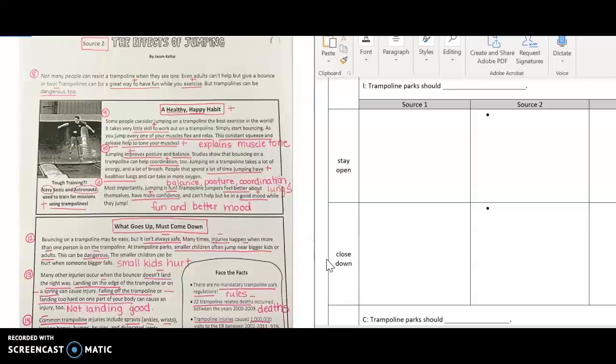Now, I know that when you were reading this article independently before you watched this video, you probably were adding to your matrix as you went along. Well, I wanted you to see the text right next to the matrix. So for the purpose of this video, we're going to take what we've learned in source 2 and add it to our matrix right here under source 2. We've already gone through and completed source 1 together.